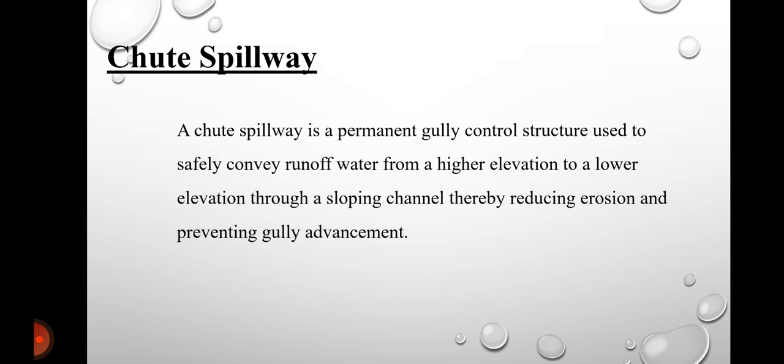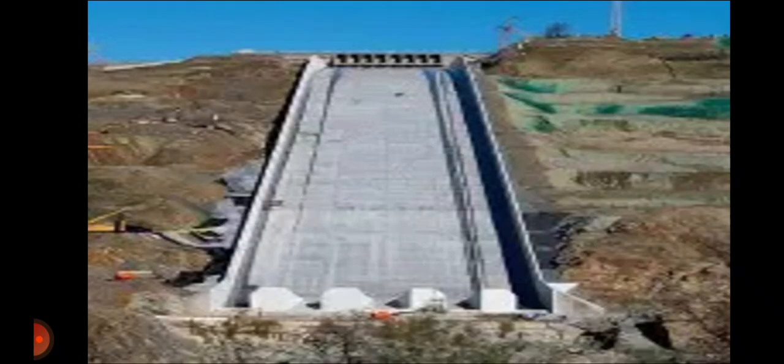A chute spillway is a permanent gully control structure that carries water safely from a steep slope or from a higher elevation to a lower elevation through a specially constructed lined channel. So I hope you all are able to see the picture of the chute spillway, where a permanent gully control structure carries water safely down a steep slope from a higher elevation to a lower elevation through a